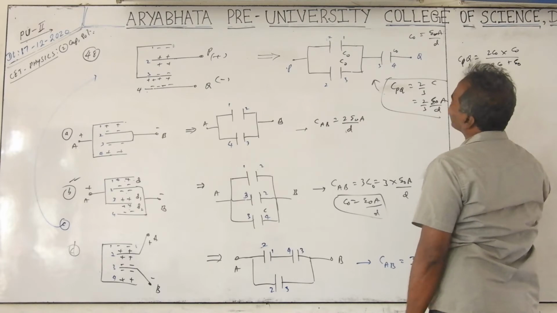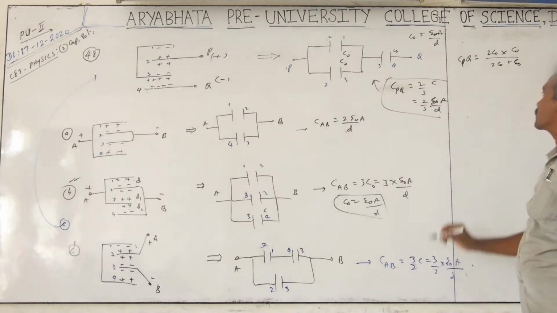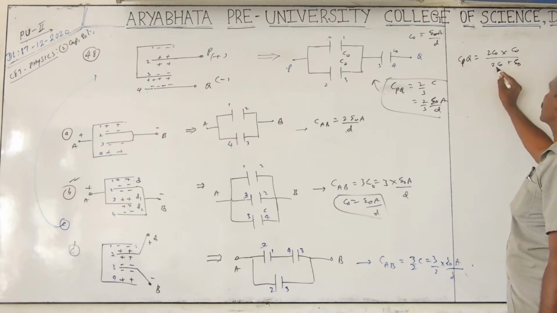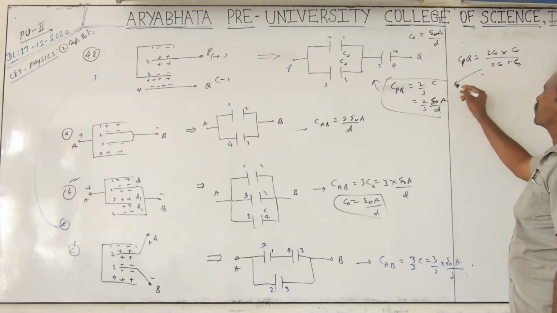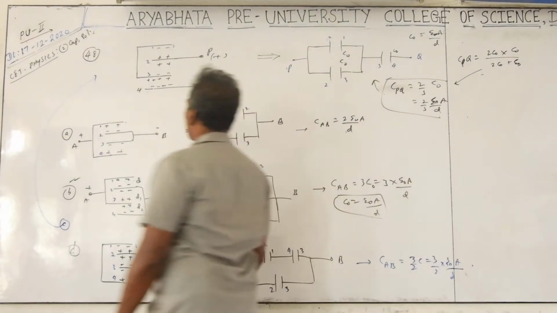They are coming in series: this resultant is in series with the identical C naught. So what I get is C1 C2 by C1 plus C2. This will be 2 C naught times C naught by 2 C naught plus C naught; C naught cancels, so this becomes 3. This result is 2 by 3 into C naught, that is 2 by 3 epsilon A by D. Okay. Next,